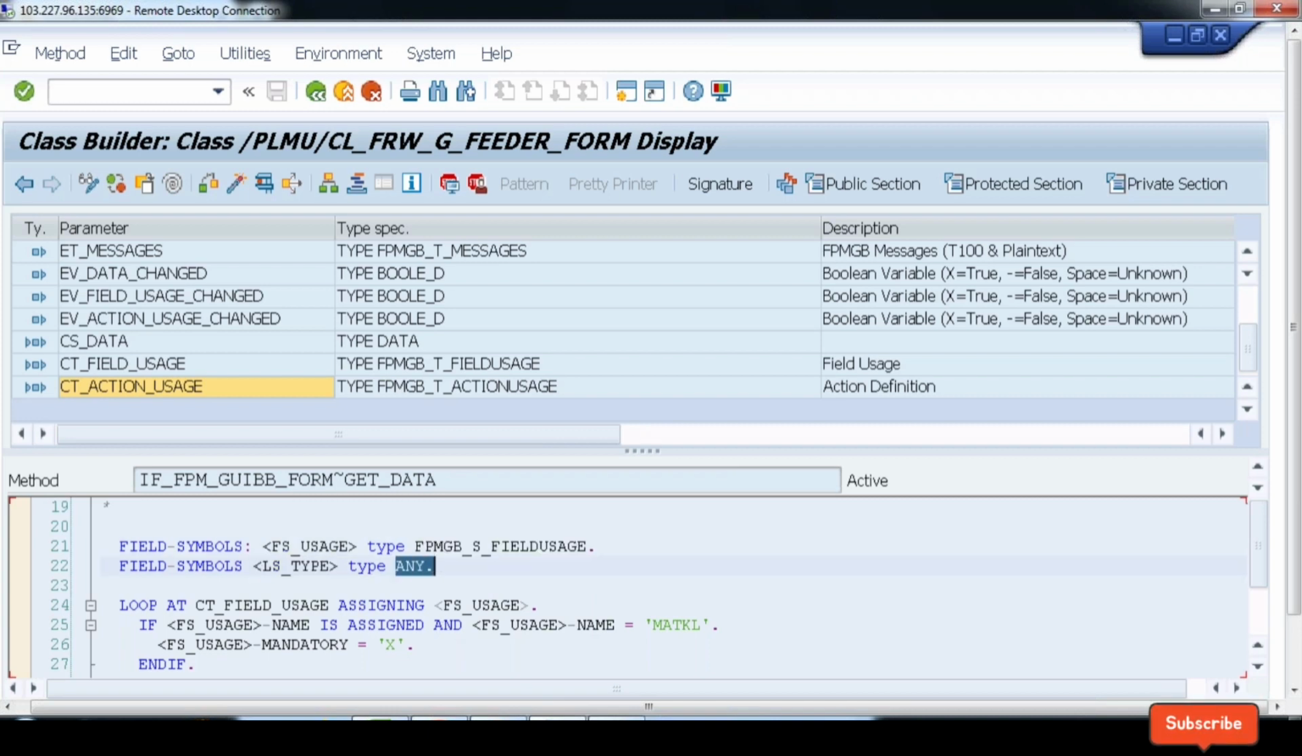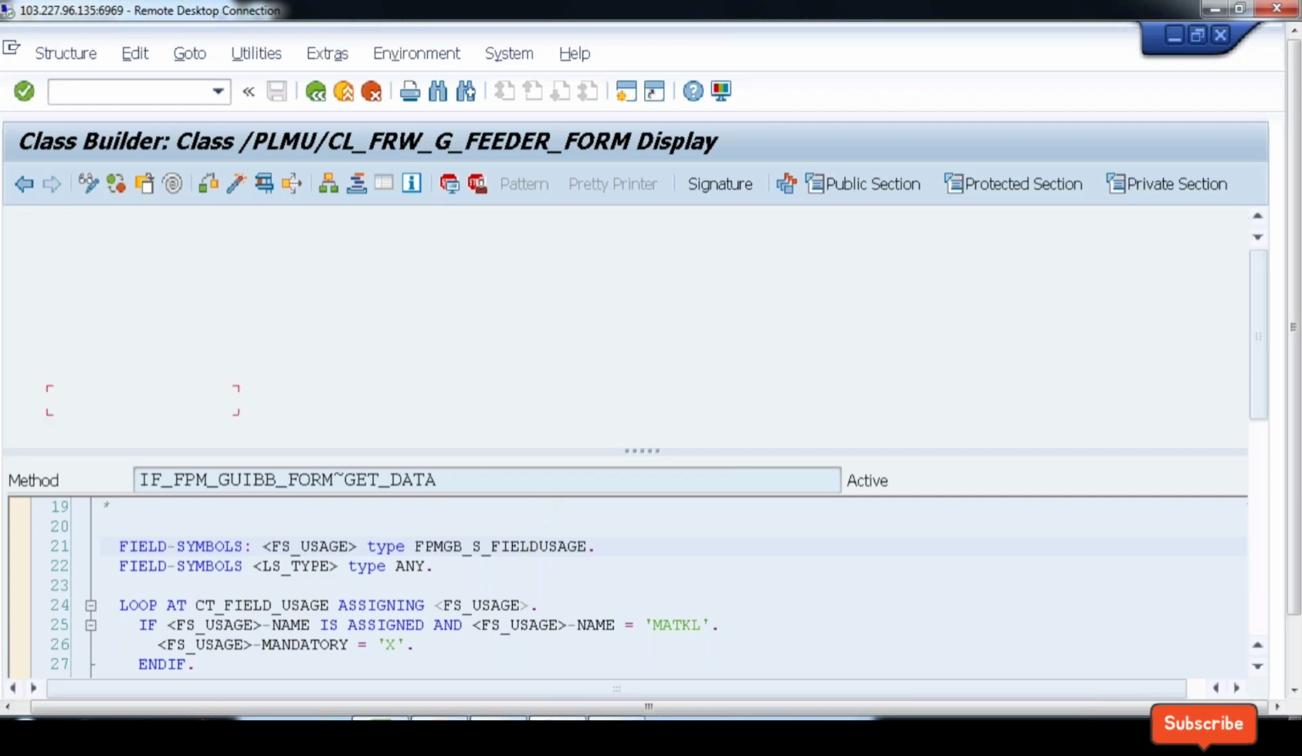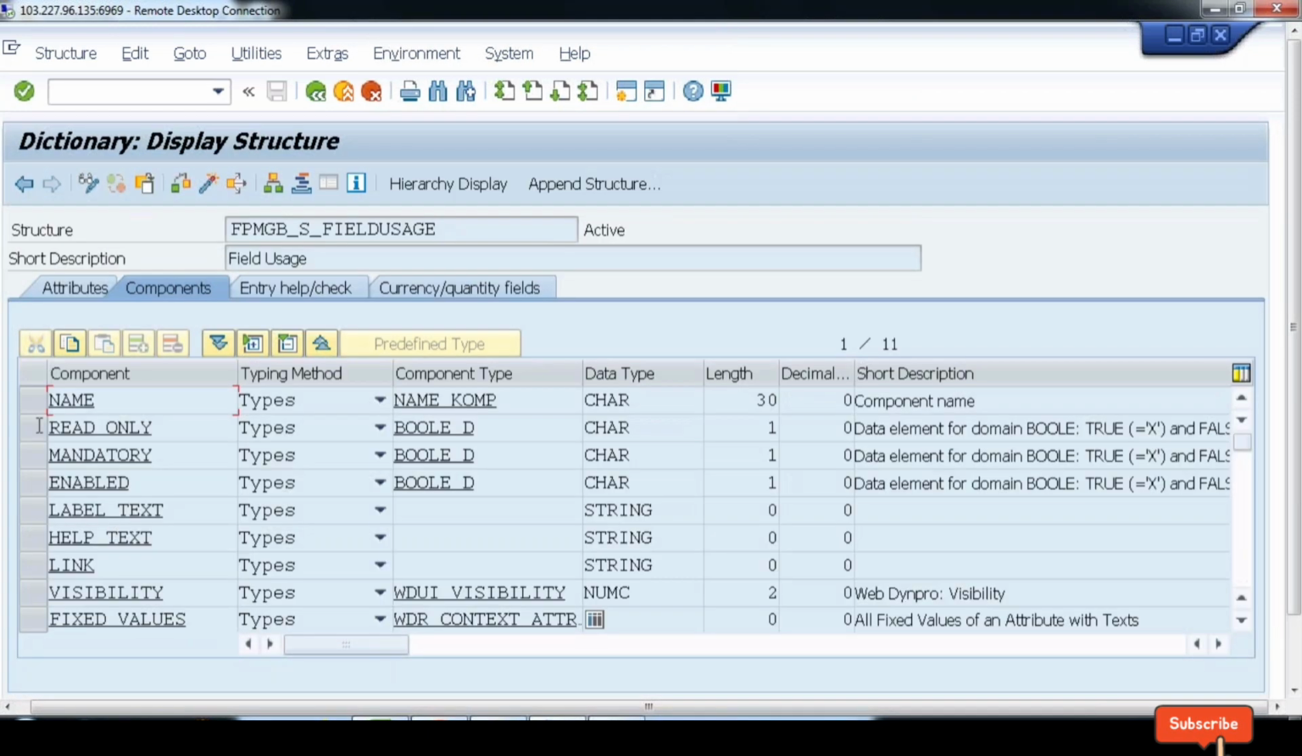It can be table, it can be field, it can be structure, it can be line item, it can be anything. Okay. Now this particular structure, why am I using this structure? What is the necessity to have this structure here? The idea is, if I go inside this structure, I have something called